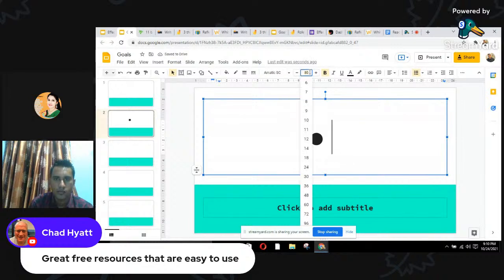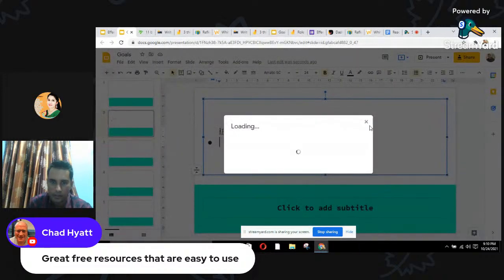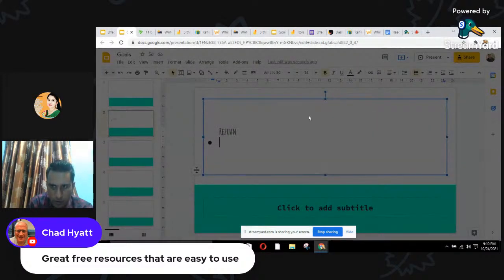So you can write your 2 goals. First write your name, and then you can write your goals. You just need to write down 2 goals. What is your goal from the teacher's perspective? If you're struggling to put your reflection here, you can type in the chat box. I'm giving the link in the chat.